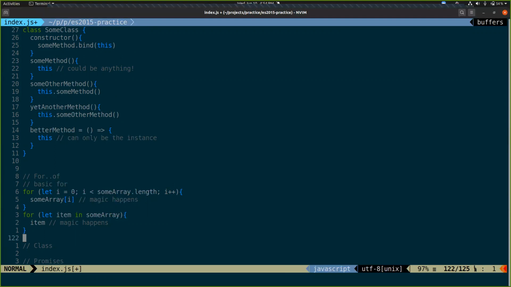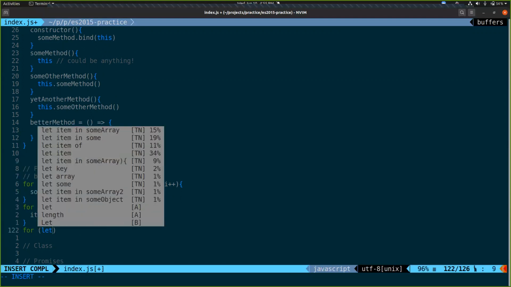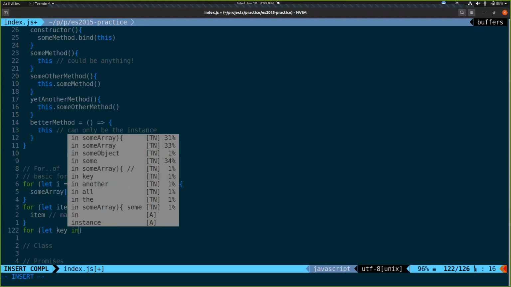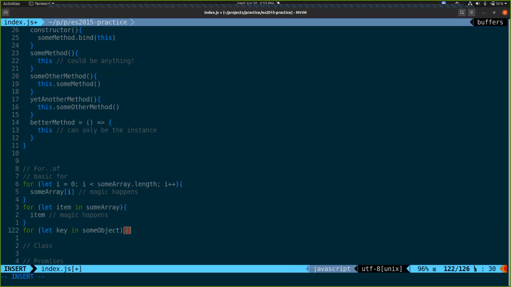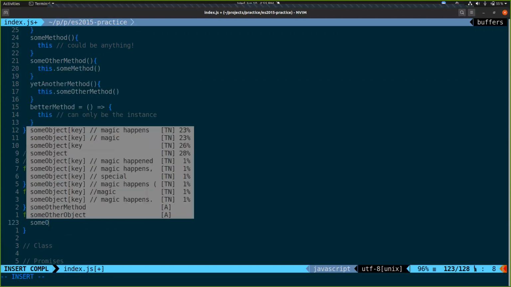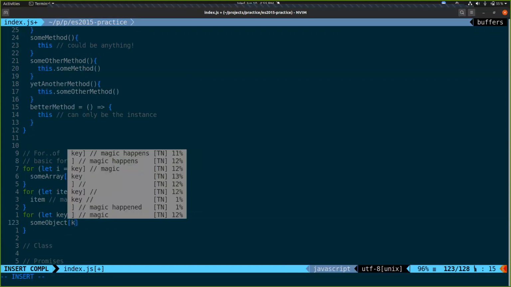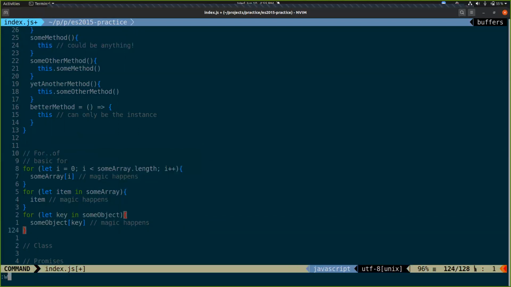What's kind of neat about for in loops is they also work on objects. So we could look up values from an object that way.